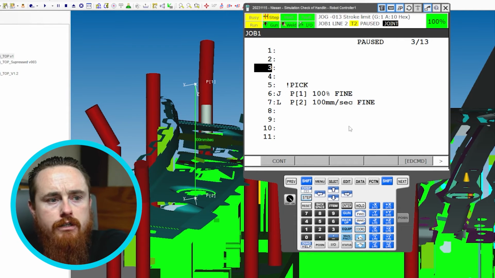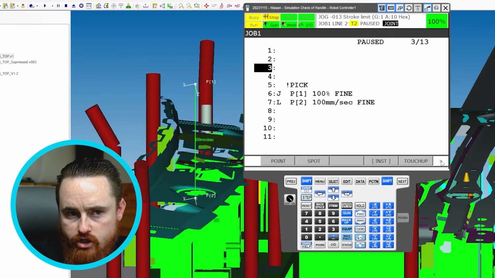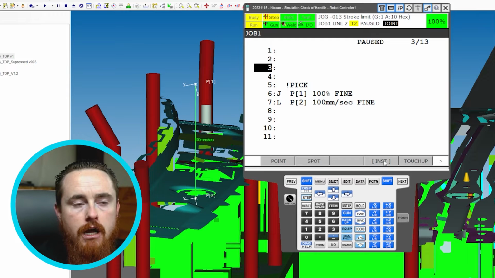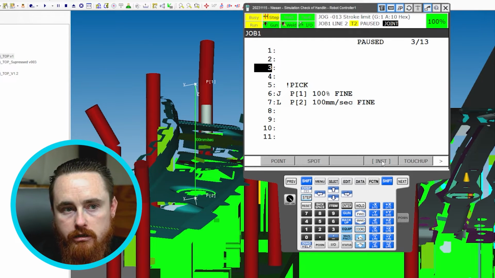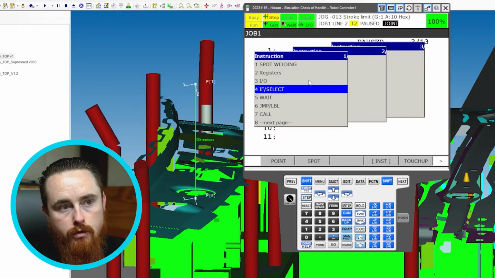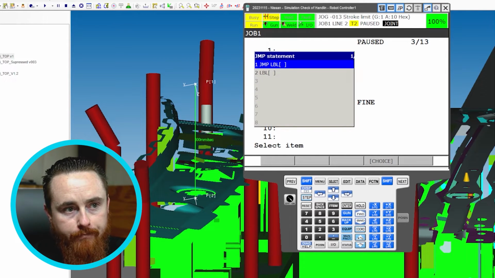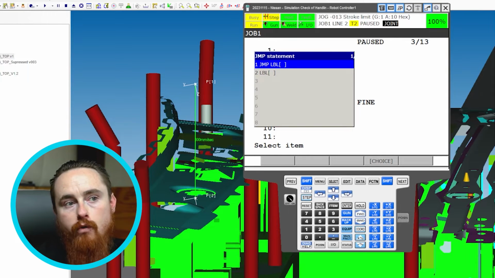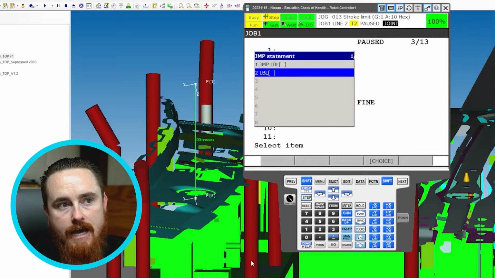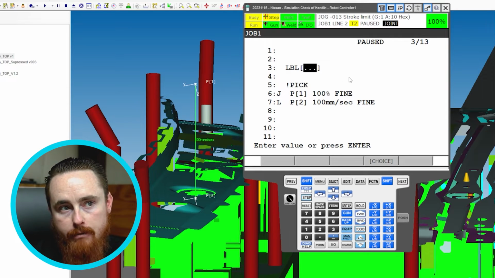So now we'll go into some other types of instructions. I don't have anything exactly in mind, but I'll add one of the first things that you learn in every single program, which is your jump and your label, okay? So this gives you the ability to loop and move around within a program. And we'll go through this explanation as I add these things. So I'll put a label at the top. I always put